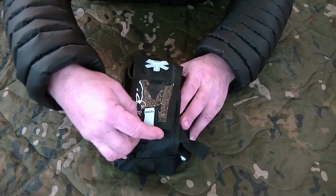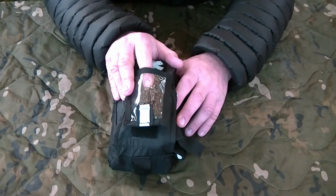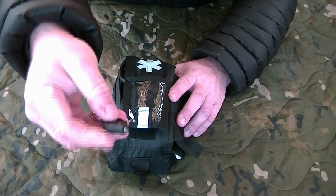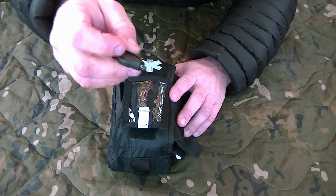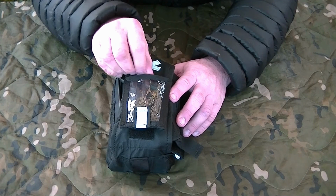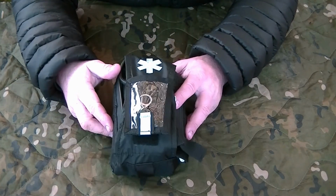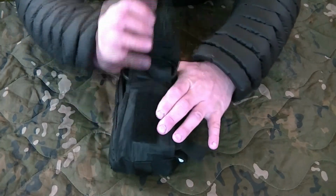On the front here, there's a little small clear pocket, and all I've put in there is one of these little light things. I always carry a head torch on me anyway, but just to have a small little light source in there, I think, for at night, it's handy. It's with the med kit, it's ready to go. So this opens up,